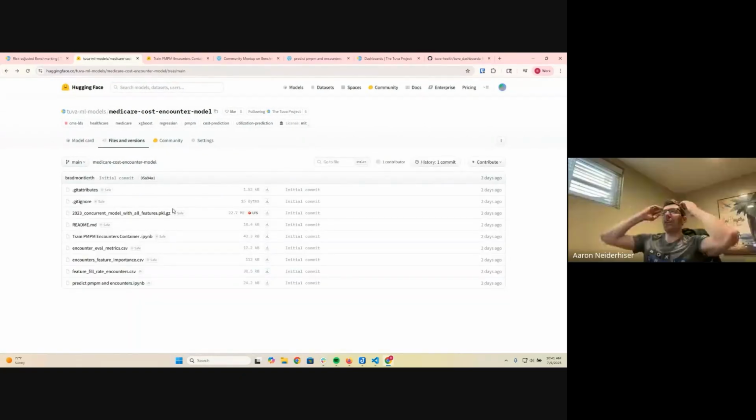In fact, Brad, isn't it true that it doesn't have to be LDS data, right? When we get access to commercial and Medicaid data, we'll effectively repurpose the same code to train, or is that not quite true? That's true, yeah. If you have access to any data sets, you can plug them into the Tuva data model and run this code.